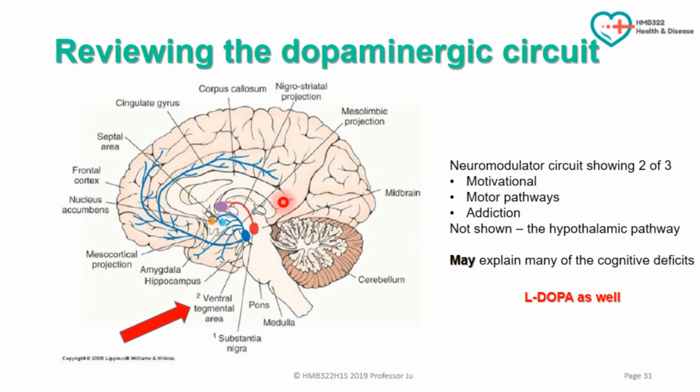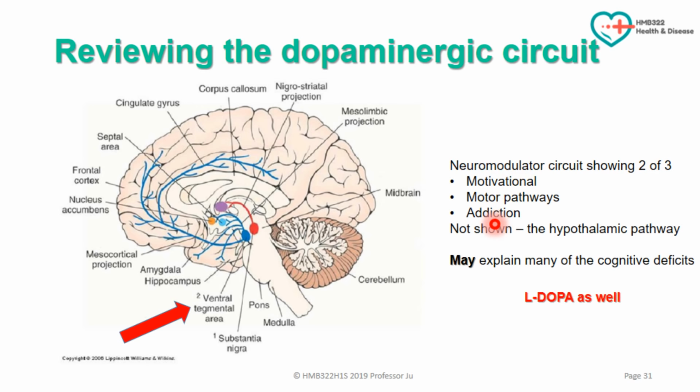But again, those names not being really important, but these circuits, this dopaminergic neuromodulator, it's actually not a neurotransmitter. It modulates the activity of neurons. One of the things that it does is it will change motivational status. So by changing the levels of dopamine, you can change your motivation to finish a task or not to finish a task. It will affect your motor pathways. It will also make things more pleasant, or it will give you more pleasure, and so it is associated with